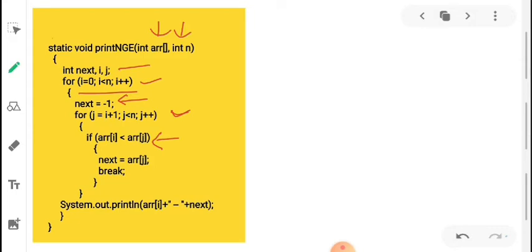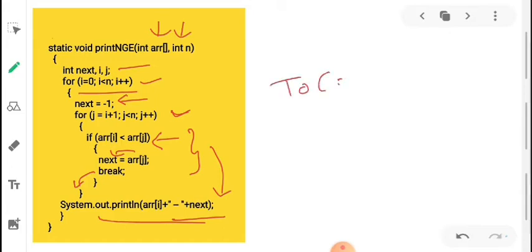If we found the next greater element, we'll assign its value to next, come out of the for loop and print that value. If we haven't found it, we'll directly come to the last statement and print minus 1 for it. So this is the code. The time complexity will be O of n square because we are using two for loops, and the space complexity remains constant because we are not using any extra space here.